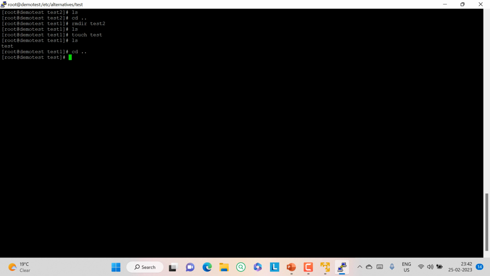Now if you try to remove it using rmdir, it will give you an error: failed to remove test1 directory, directory not empty. With rmdir you can only remove an empty directory. If there is something inside, you cannot remove it.